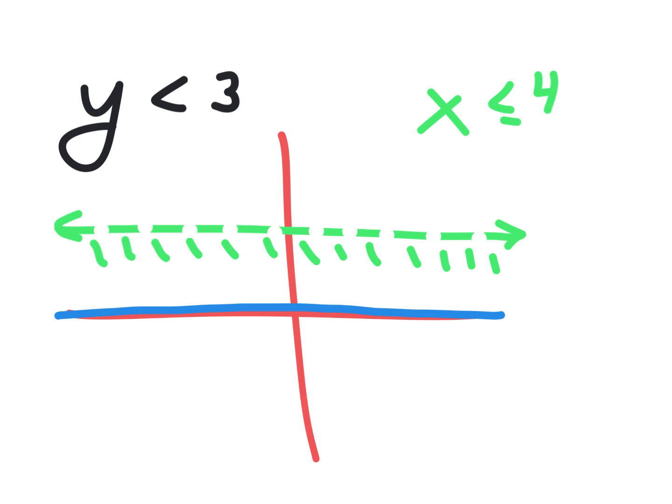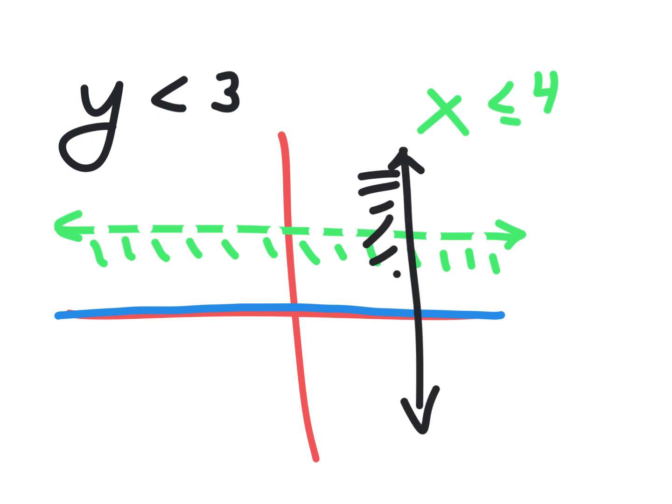Well, if y goes across like horizontally, then x must go the other way, up and down. And if I go 4, it must be like over here. How come I'm using a solid line? Because it's or equal to, yep. All right, so then less than is shading this way. And